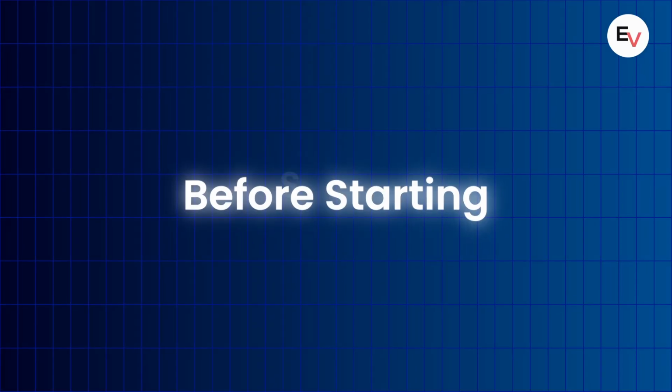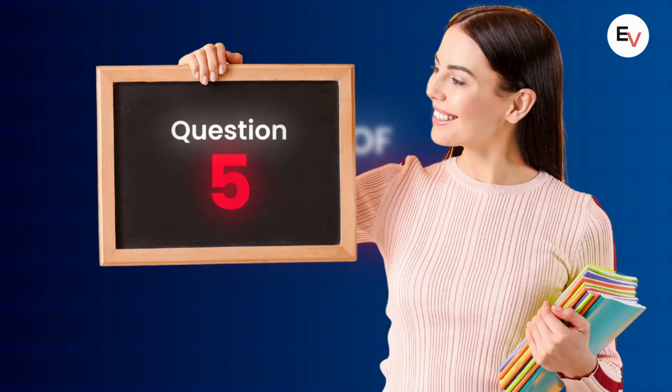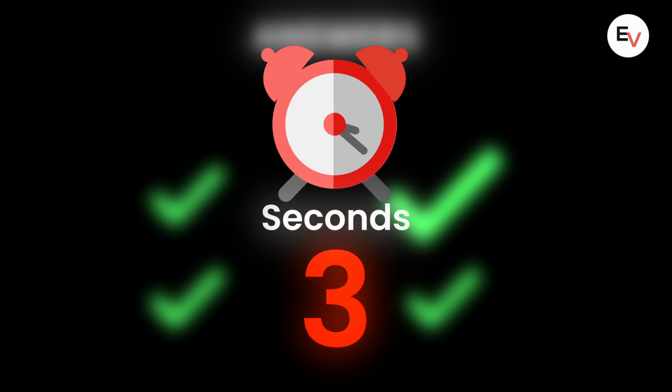So, let's have a quick quiz to understand how much you have learned. You will get 5 questions in total, and for each question, you will get 4 options. You have to select the best answer you think there is. For each question, you will also get a 3-second timer. So, all the best. Let's start.